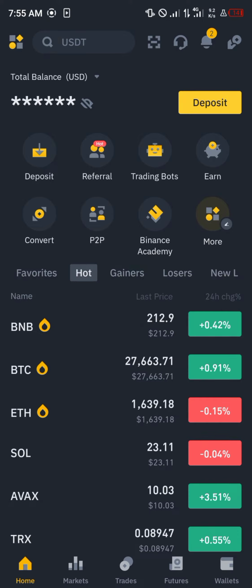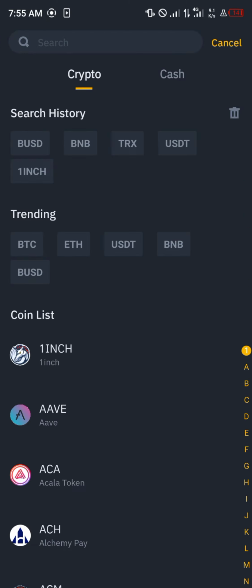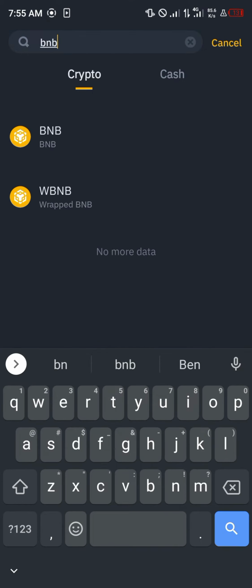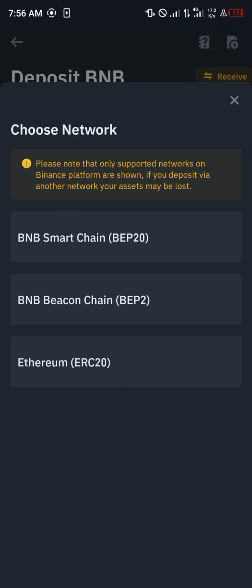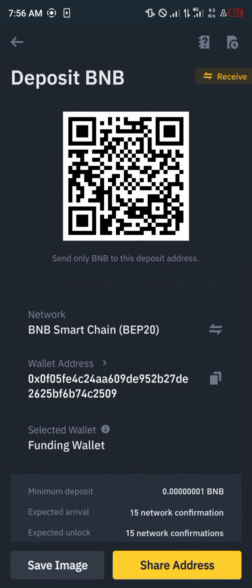So guys, once you've logged in with a verified account, please head over to the deposit icon at the top left corner of the screen. Just here, click on the deposit option, scroll or simply use the search icon to search for BNB. And we have the wrapped BNB and normal BNB. So select the BNB, that's the Smart Chain BNB we are working with, BEP20, click on it and simply copy